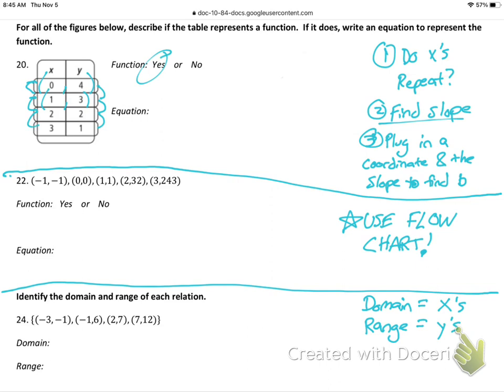So what happens when I go from 4 to 3? 4 to 3 is minus 1. 3 to 2 is minus 1. 2 to 1 is minus 1. So that'd be my negative. So my slope, which is m, is equal to negative 1 over, 0 to 1 is 1, 1 to 2 is 2, 2 to 3 is 3. And then keep this in mind: if I have a negative 1 over 1, that just equals negative 1. So my slope in this one is just